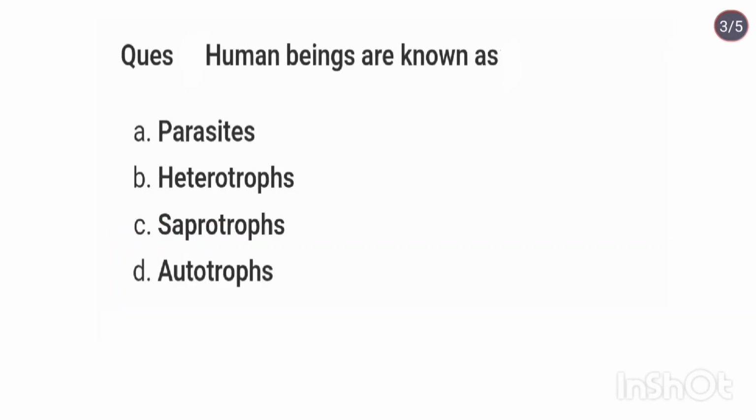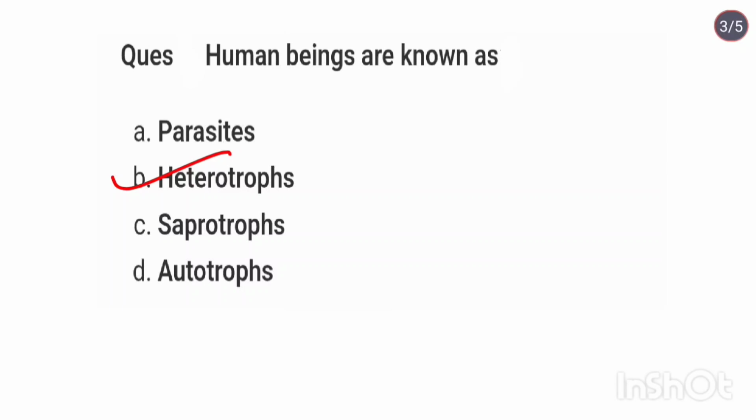Human beings are known as heterotrophs. Like all the members of the animal kingdom, man too is a heterotroph. They are either directly or indirectly dependent on plants to obtain their nutrition. These organisms are unable to produce their own food and therefore are dependent on autotrophs like the green plants to